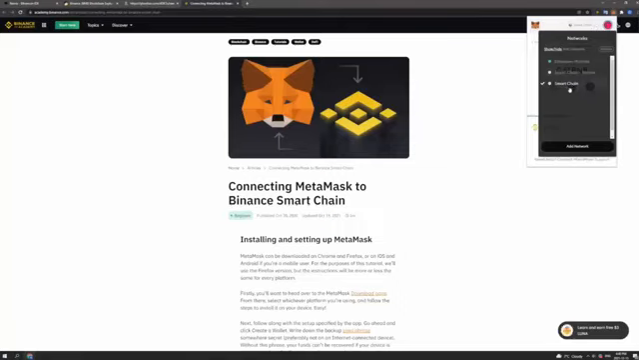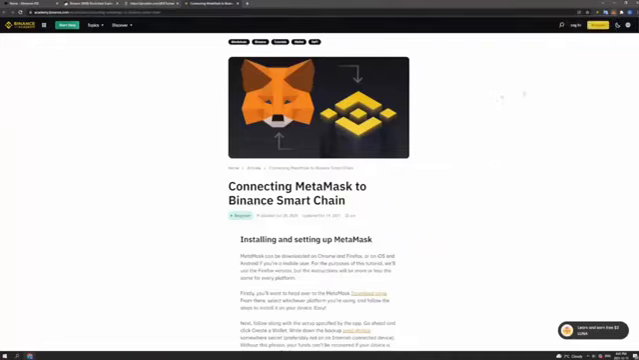We want to ensure that we are connected to the Smart Chain network and not the Ethereum mainnet. If we do not already have this added, we can head to the Add Network button, and in the description down below, I will include a link to Binance Academy here that includes a great text-based guide on how to connect your MetaMask to the Binance Smart Chain. So once this has been completed, the next step that we want to perform is to head over to